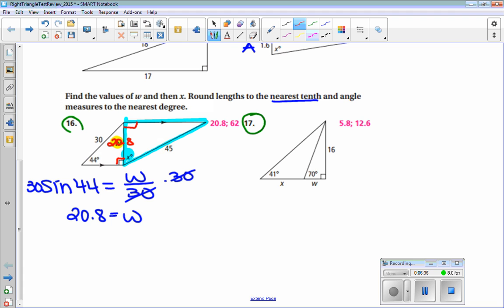Well, I need to relabel now according to this angle X. We know the 45 is a what? O, H, or A? H, good. And I know in this case, according to this angle X, 20.8 is what? It's A this time. So which trig function does AH? Cosine, good. So I'm going to do the cosine of my angle is equal to the adjacent over the hypotenuse,